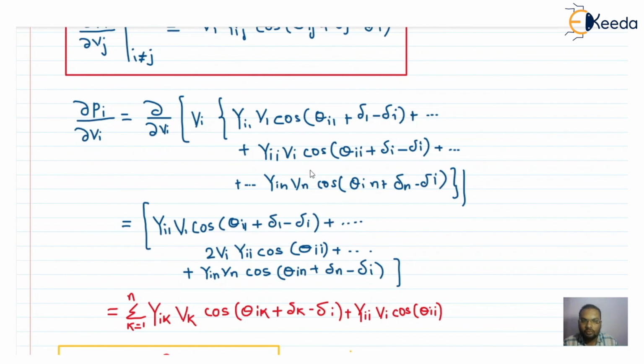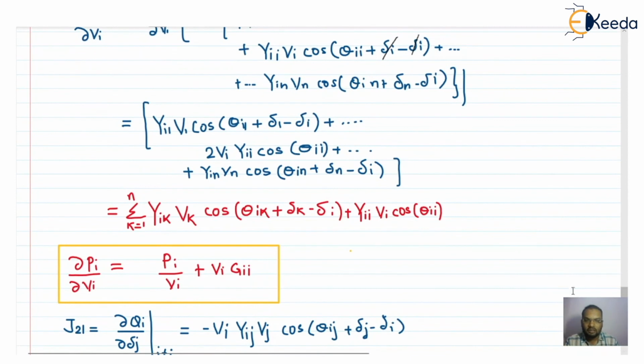plus up to. See now, this Pi, when it gets here, becomes Pi square. The rest of the terms are nothing but coefficients for vi. So the vi square derivative will be 2vi into yii cos. You see here, this del i minus del i gets cancelled. So here we are getting cos of theta ii, plus the same goes up to the nth term. Now you see here,